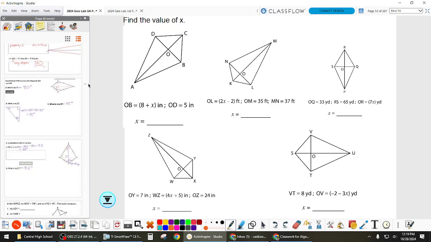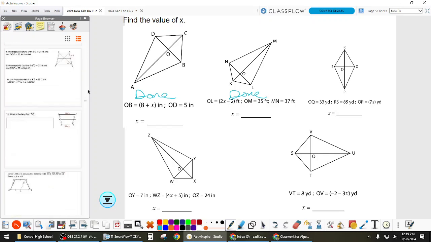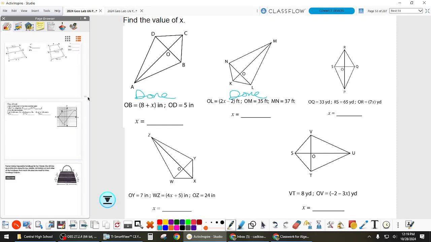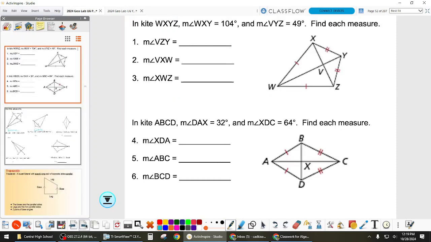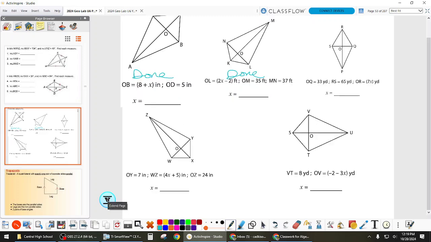That was this one, so this one is done. We did this one on Friday. Not sure why the work isn't there. I wonder if I forgot to hit save. Okay, so let's have you try that one, and let's just see how long that one takes you first. All right, well,